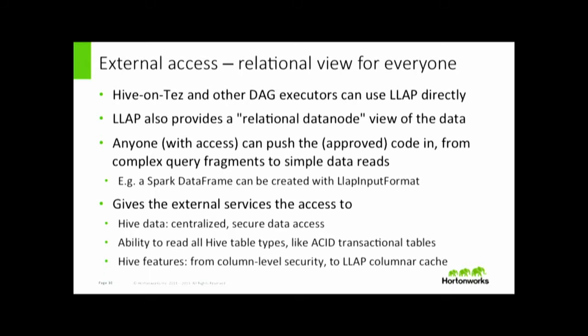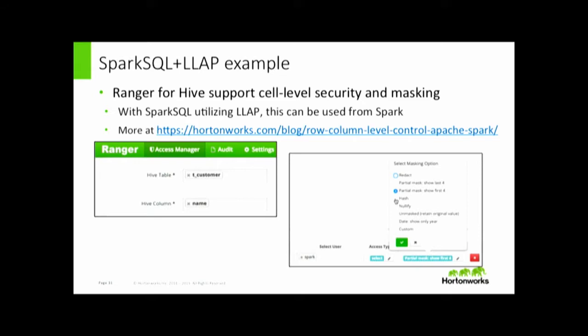So I'm going to cover an example of usage of a very high-level Hive feature from Spark. Hive with Ranger has this new feature that was introduced recently, which is column-level security, where you can specify a Ranger policy for column-level access restriction or masking for different users. So here I have some Ranger screenshots where we go to the customer table and specify that we're going to have a filter, which I guess is not shown here, and we are going to have a mask for the names of the customers